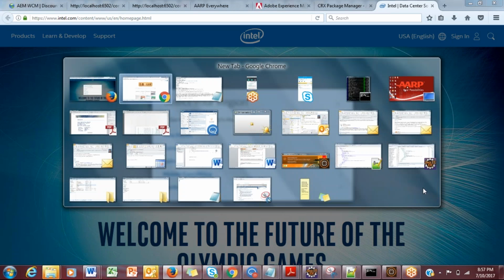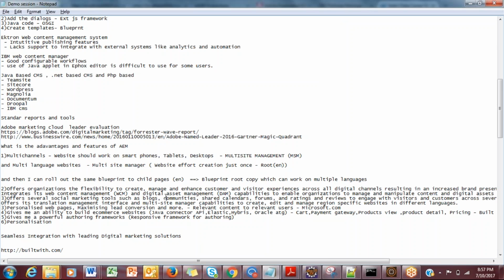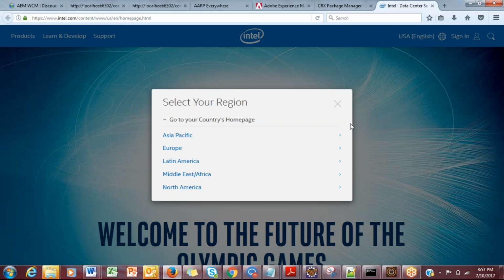Yeah, you manually do it, which means you would have to use something like Google Translator and take the translations. So with AEM, we have a framework called Multi-Site Manager, called MSM, which allows you to build a multi-channel and multi-language website.